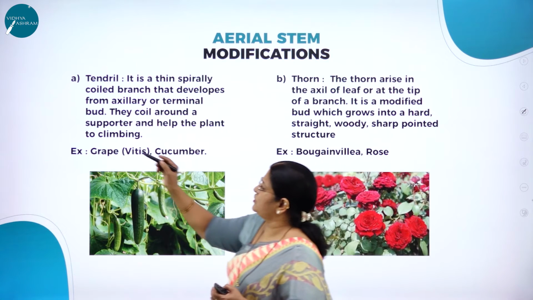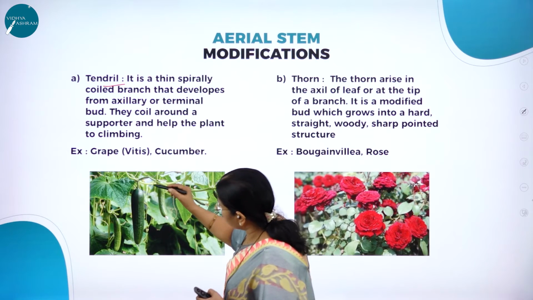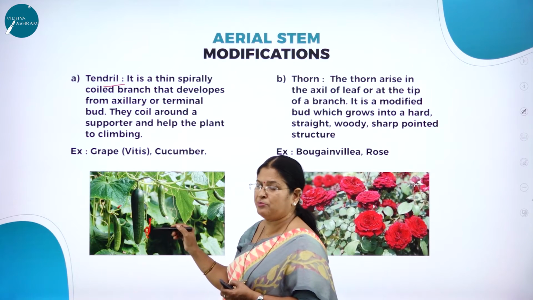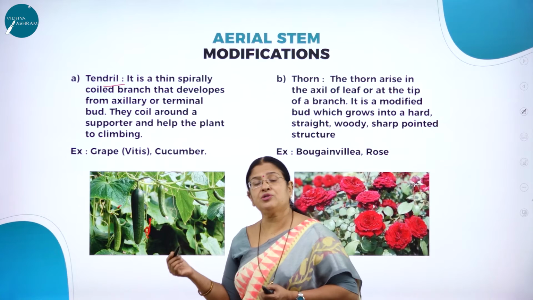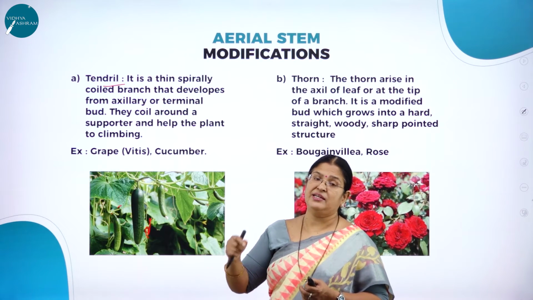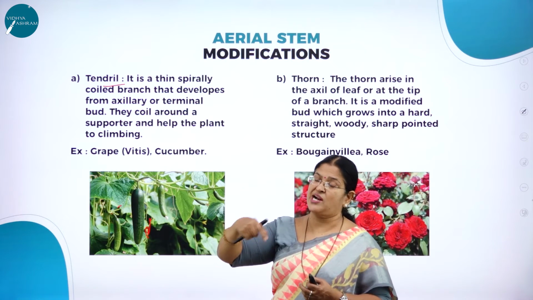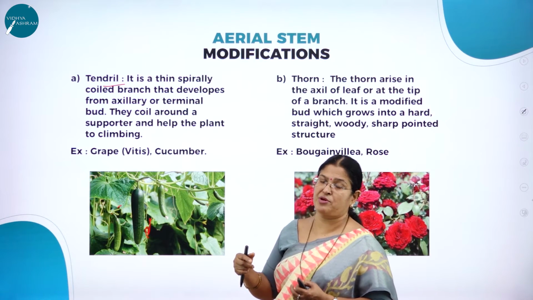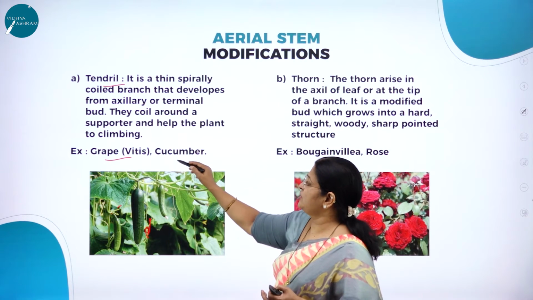First example is what? Tendril. All of you might have come across a spring-like structure. Here you can see the tendrils. See in this beautiful picture, this is a picture of a cucumber. You know, it is having a weak stem. So what do they do? Wherever they have a weak stem, they start developing tendrils and they help in what? Anchorage. So they take the support of other plants and start climbing to reach sunlight to carry on the process of photosynthesis. So you might have come across grapevine and even cucumber.